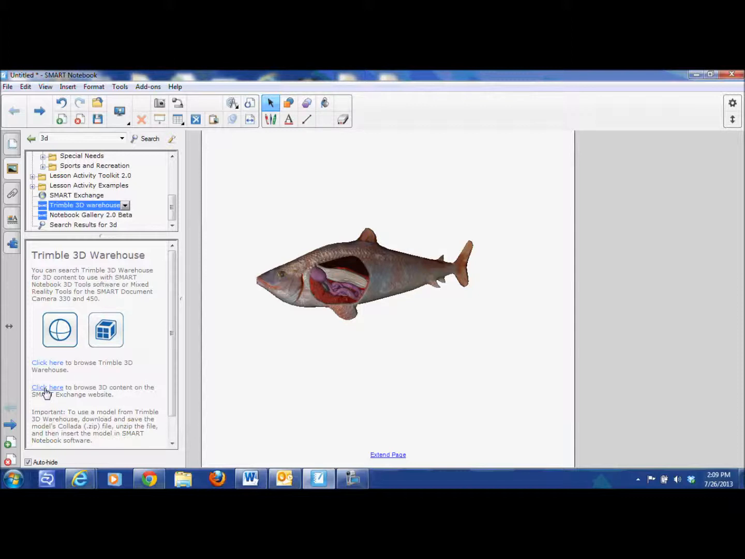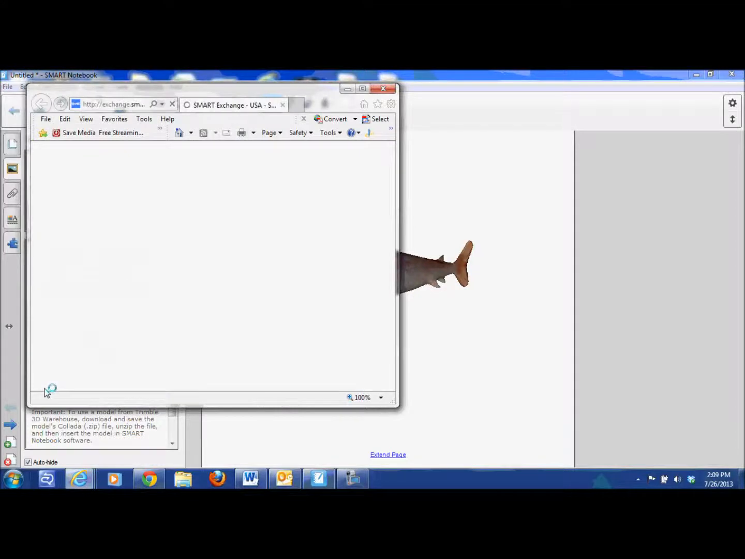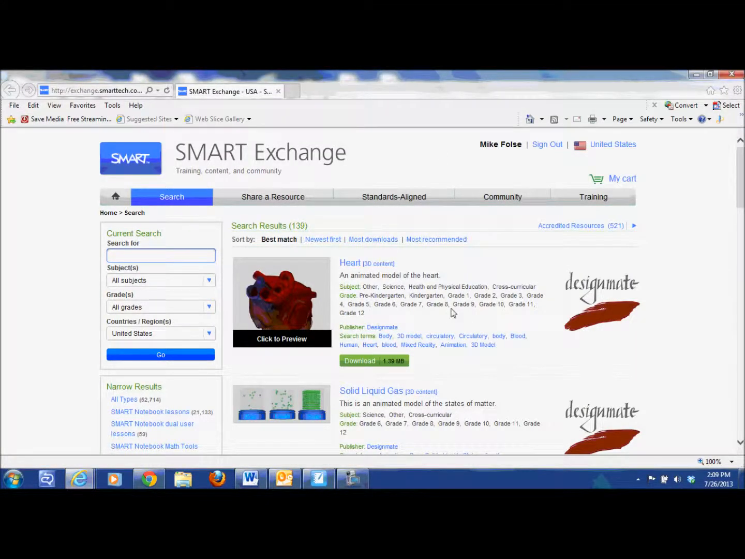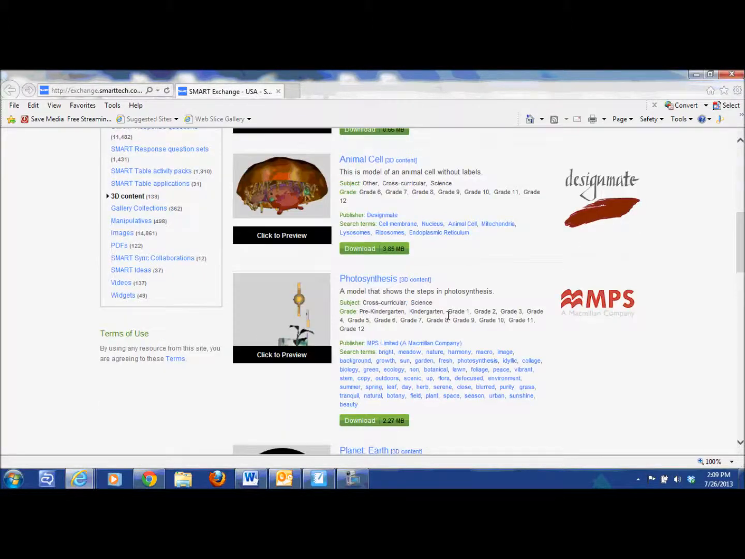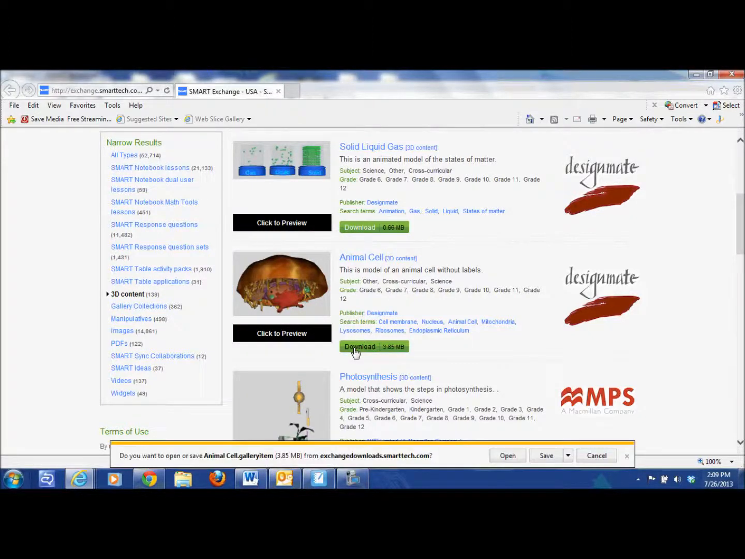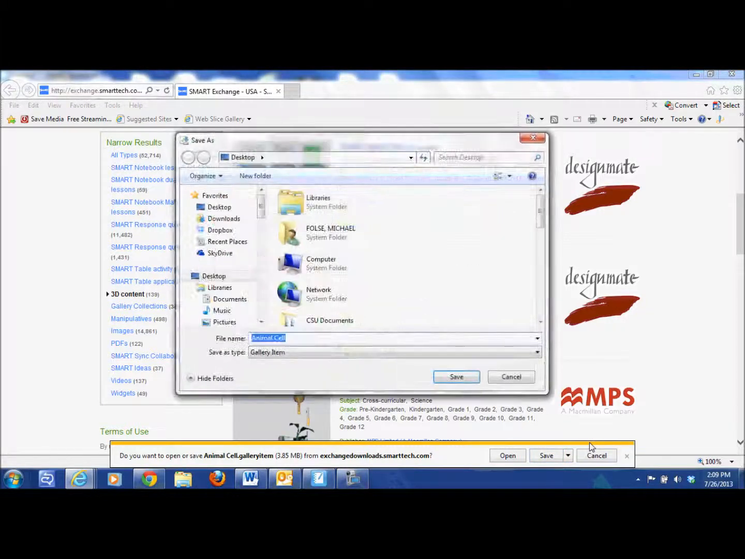I'm going to go to the Smart Exchange. I'm going to click that link. This takes me right into a search of all the 3D objects that are available in Smart Exchange. Any of these objects that I want to use, I simply click download. I go to the bottom here, choose where I want to save it. In this case, I'm going to save it to the desktop, so I'm going to go to Save As. Choose my desktop, click Save,